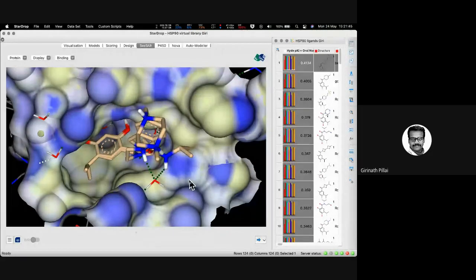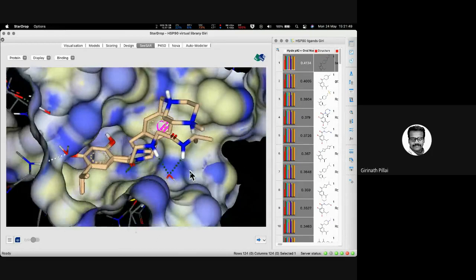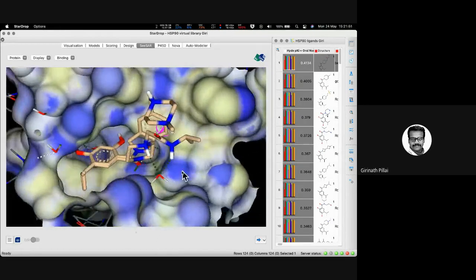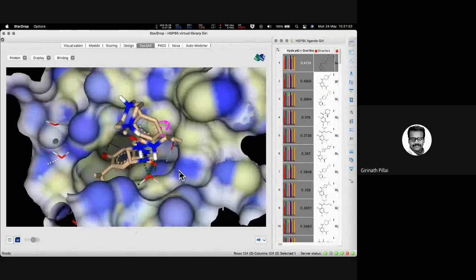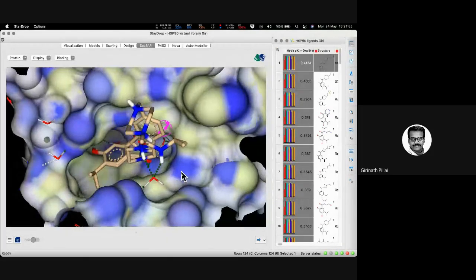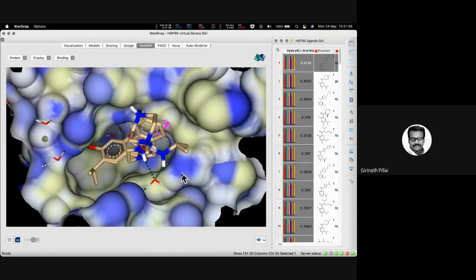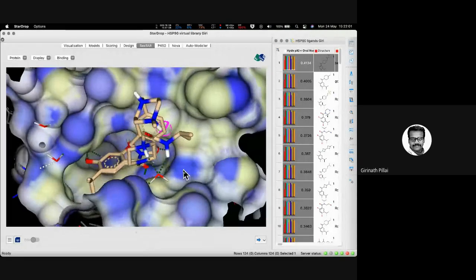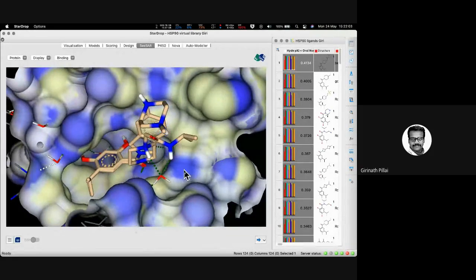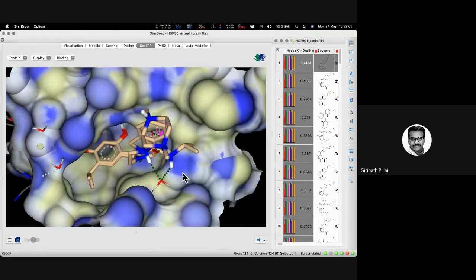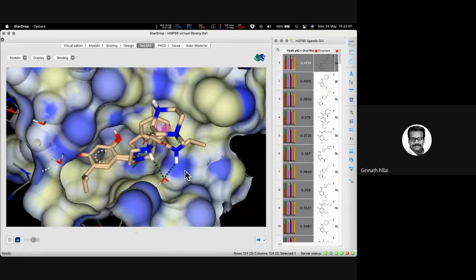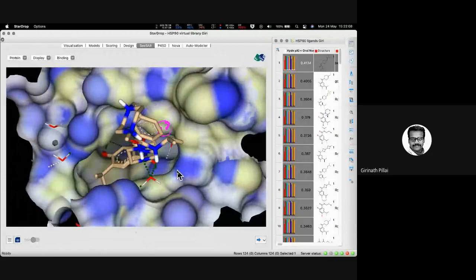No answers? Oh my God, then there is no use of me spending from morning till now to help you with understanding these techniques. So my question is, especially to the chemists, where do you think you could make derivatives or analogs of these compounds, any one of them, by seeing this docking result?